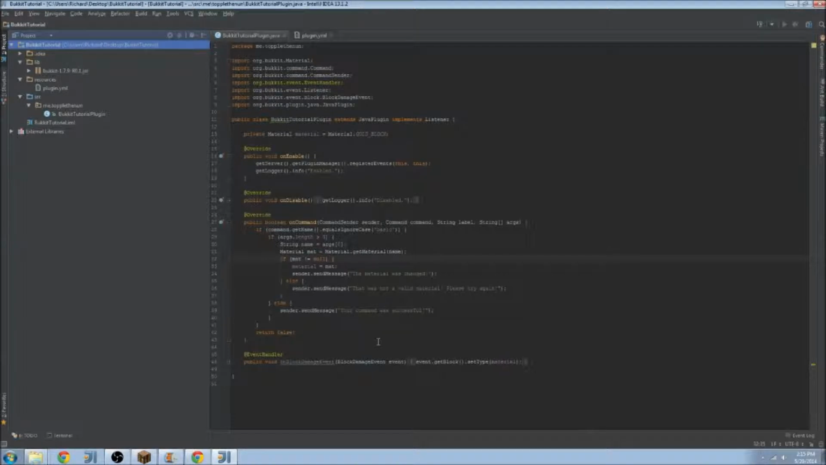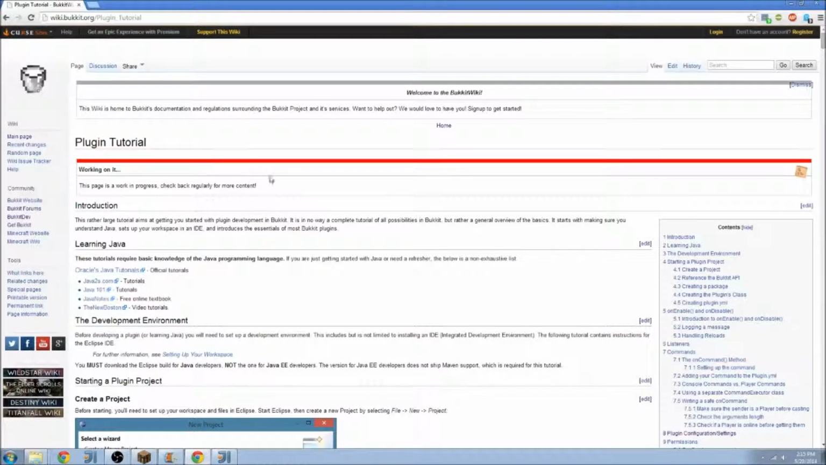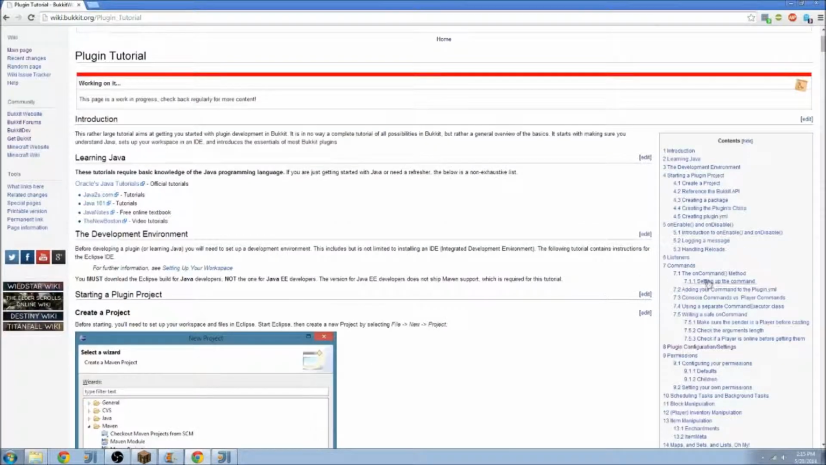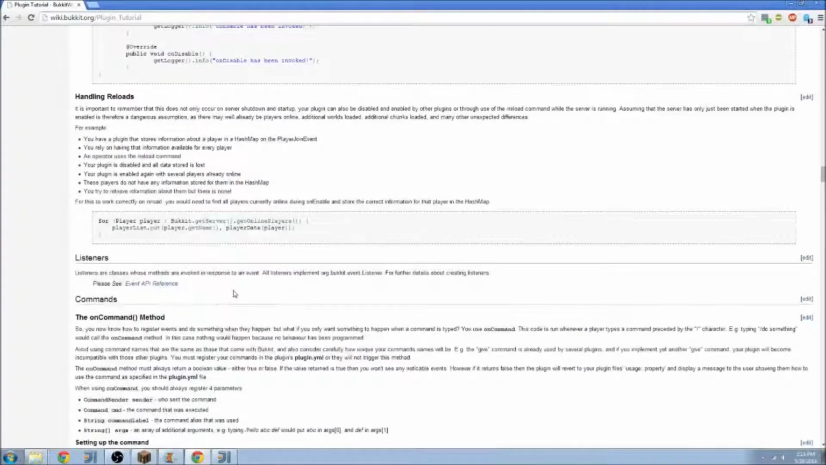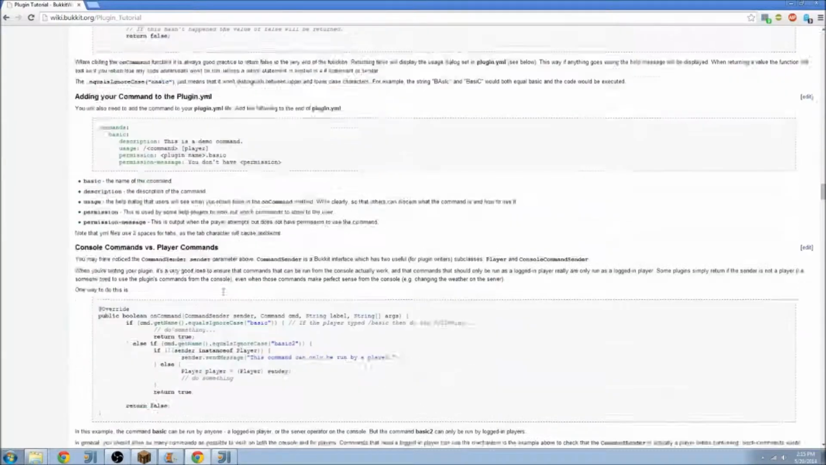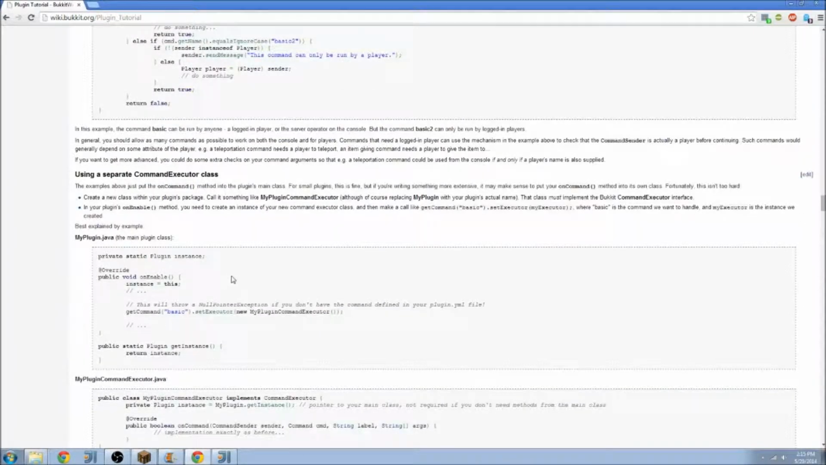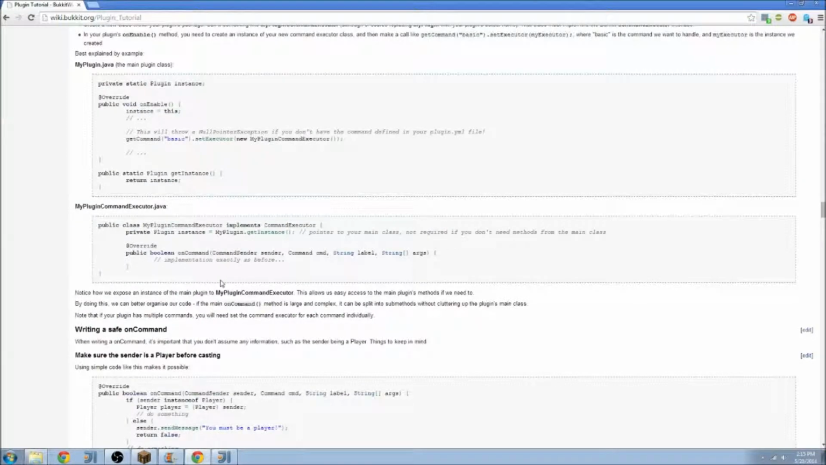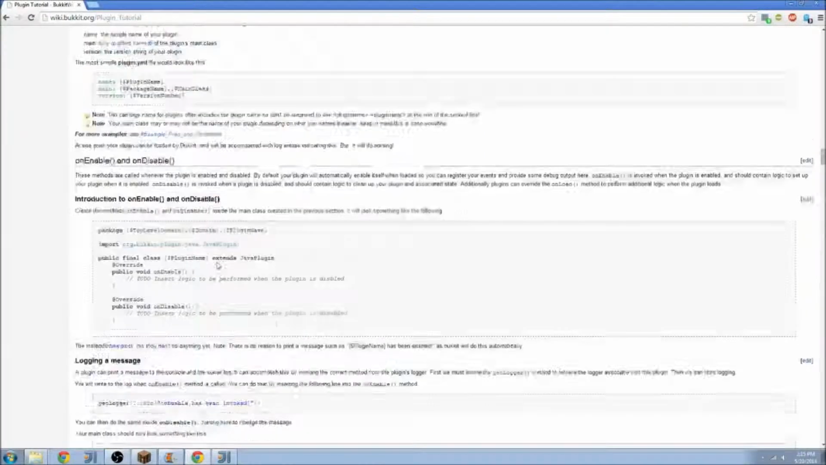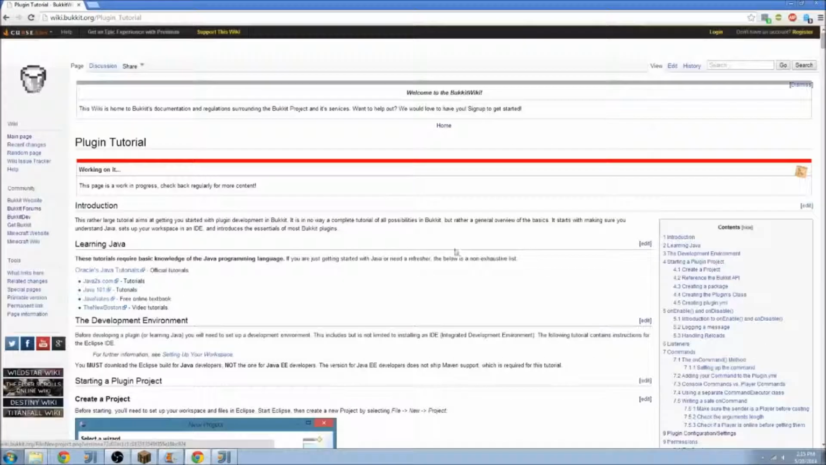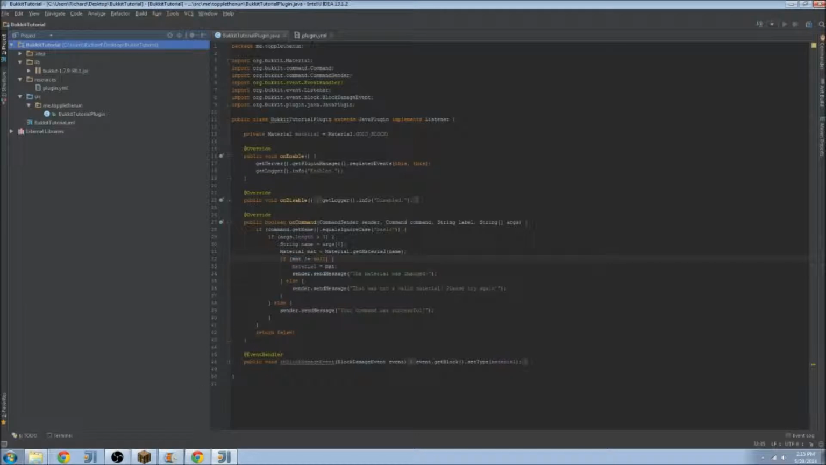A really good place that you can go to learn a lot of this stuff is the wiki.bukkit.org/plugin_tutorial. It's really useful because it gives you examples of everything, but it doesn't necessarily show you why it's useful or what exactly it does in game. So I'm going to be going through a couple of the different things on this list and showing you exactly what it does